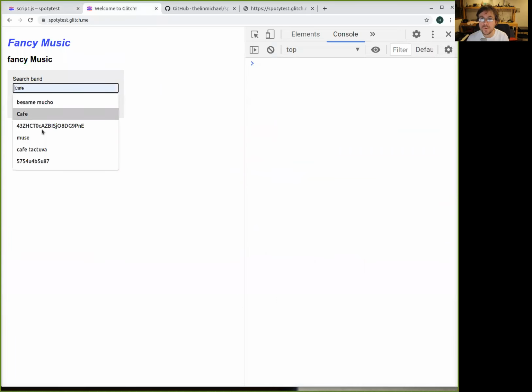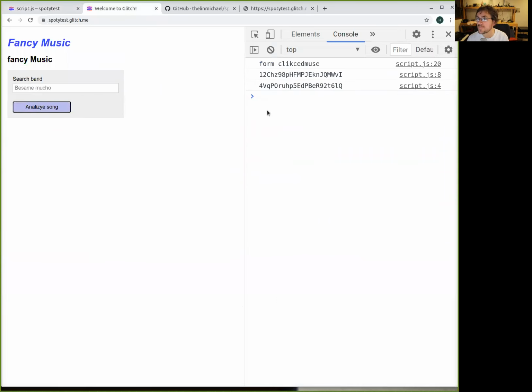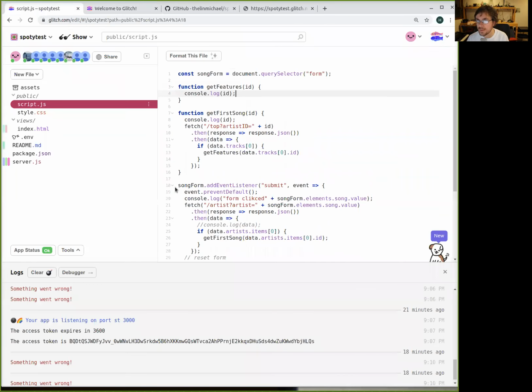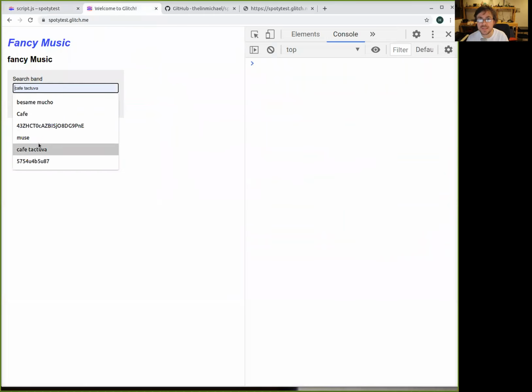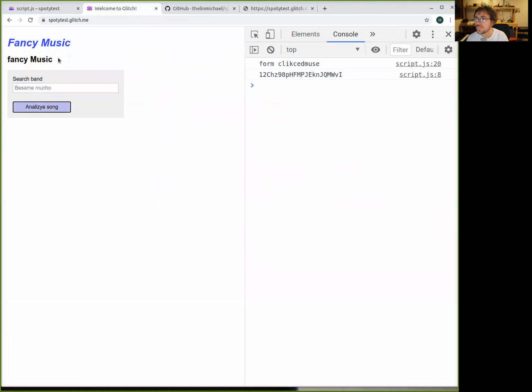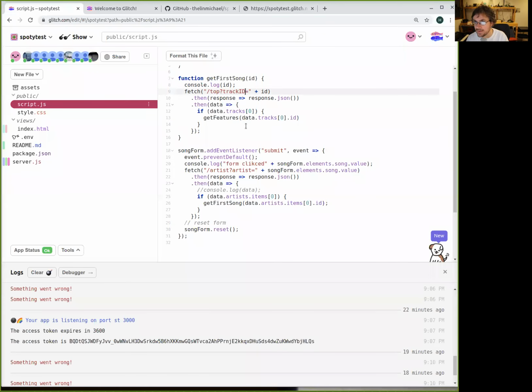Let's see what happens if we get the ID of the features. So one more time for Muse, give me... oh, it didn't work. Something is wrong here. Get top artist. If I get the artist, give me the first song. Oh, because it's not called artist ID, I decided to call it track ID. Okay, track ID. Let me see, Muse. No, something is not working here.